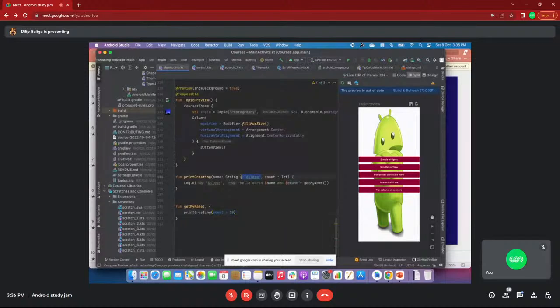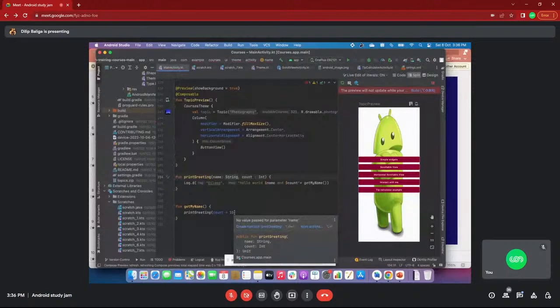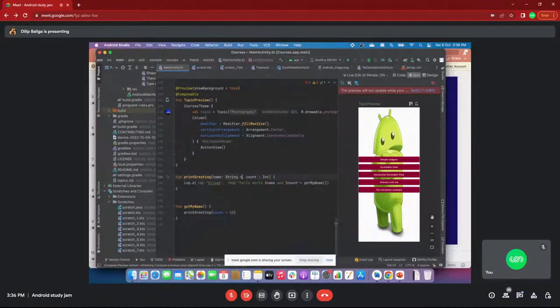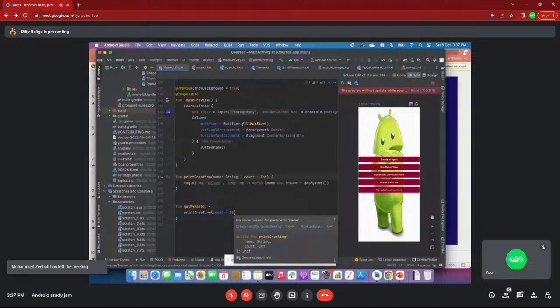For example, if I am not specifying it here, the compiler is telling, it will throw an error, no value passed for name. If you specify the value directly here, for example I am passing Dilip, then the compiler treats this as the value. You already provided the value for this name, so the compiler won't ask while calling this function. If you do not specify this value, the compiler will ask you to pass the argument value while calling the function. See, name is missed here.